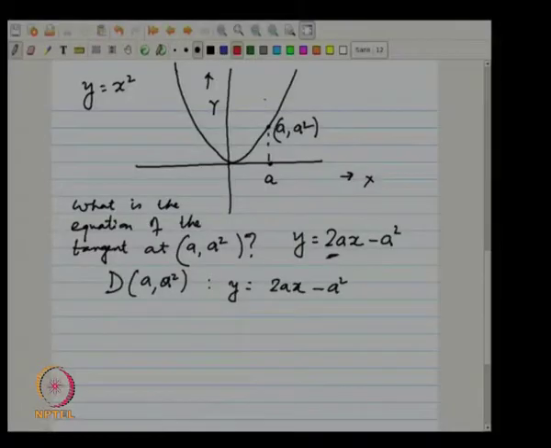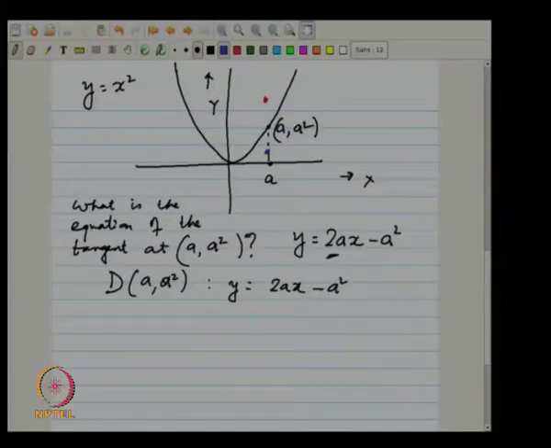How about points not on the parabola? So, the point could be either above or below, right. I could take A with the same x coordinate. One possibility is the point is above, the other possibility is the point is below, not on the parabola. It is the same slope, that is the way we have defined the dual transform. The slope remains the same, the y intercept changes, and if you calculate, we will find that if the point is above the parabola,